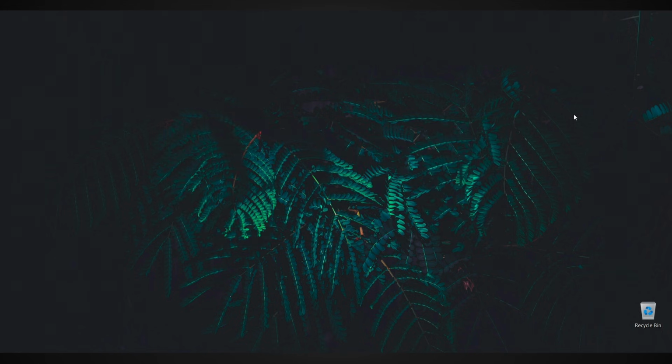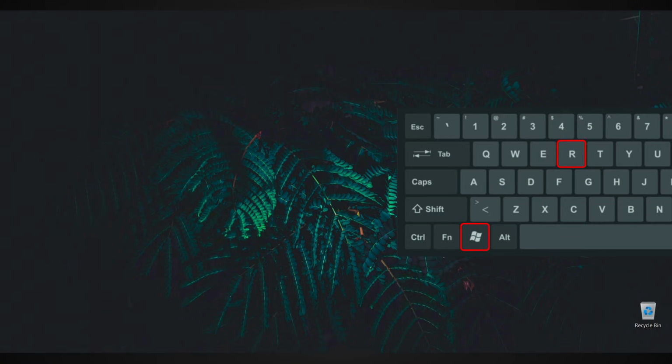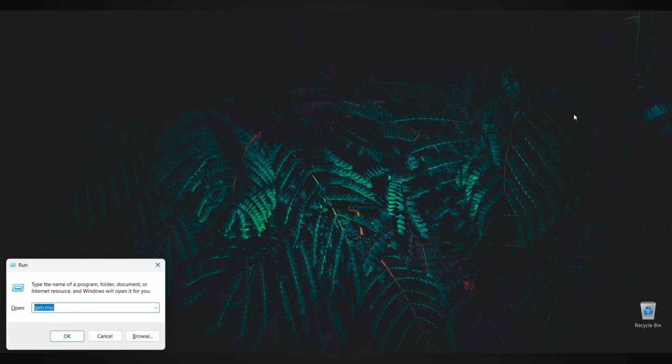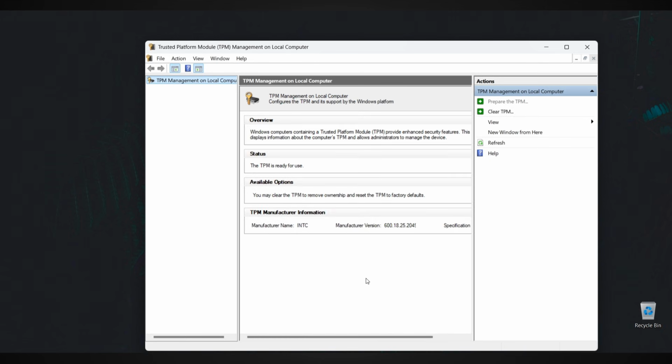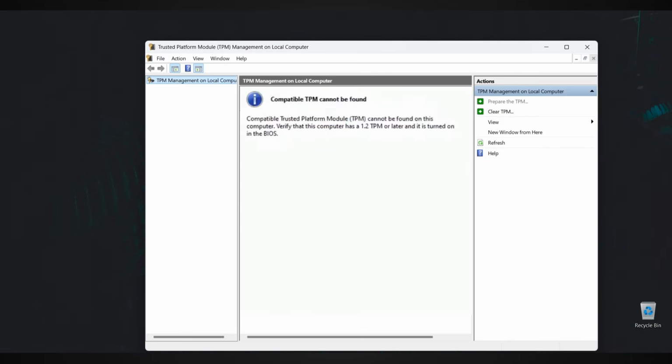First, let's check whether TPM is already enabled on your system. Before changing anything in the BIOS, press Windows plus R, type tpm.msc and hit Enter. Now you'll see one of two results. If it says TPM is available and enabled, you're all set. FACEIT AC should now be able to detect it and you can skip the BIOS steps. But if you see TPM not found, TPM not detected, or TPM not compatible, then keep watching and move on